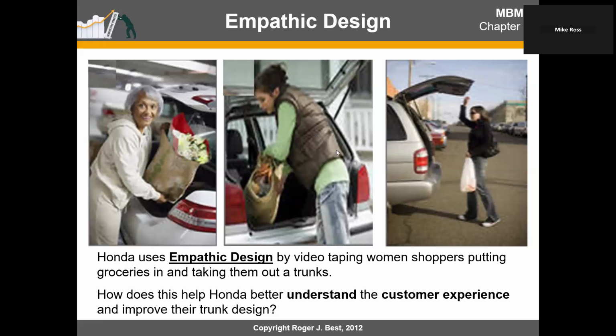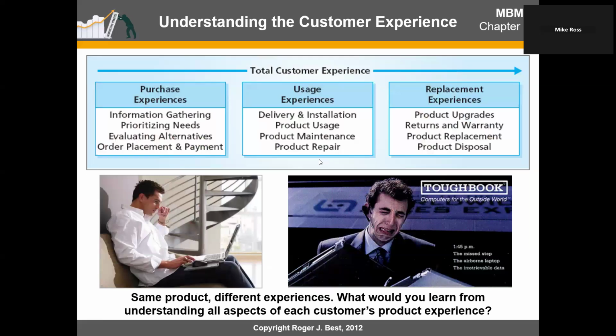So again, this idea of design is a subjective, perceived notion. Here we can see an example of the total customer experience. Well, what does that mean? It's a combination of the purchase experience, the usage experience, and the replacement experience. If we break this down a bit, number one: was it easy or difficult